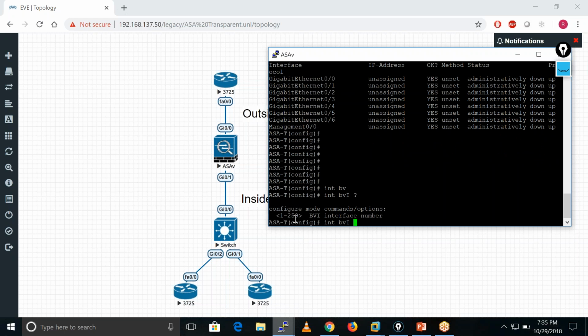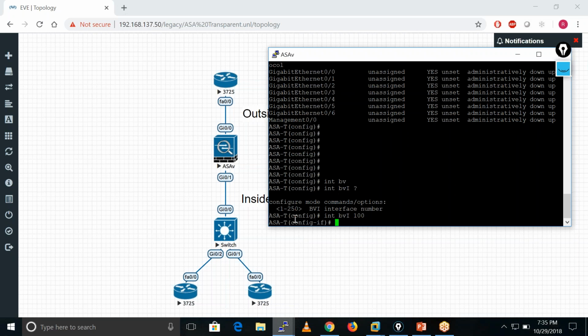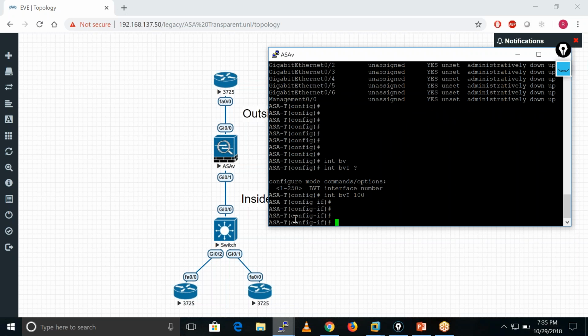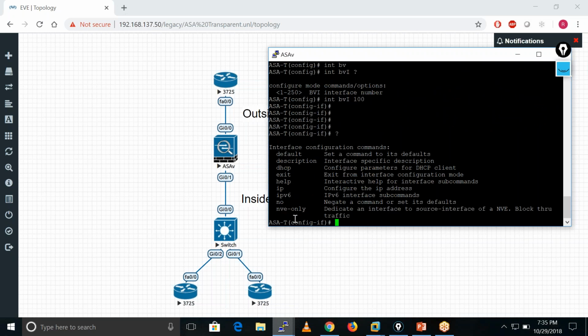We can create around 250 BVI interfaces in one firewall. I'll give the number 100 to this interface. It's like a layer 2 interface. You can use the question mark here to see the options.